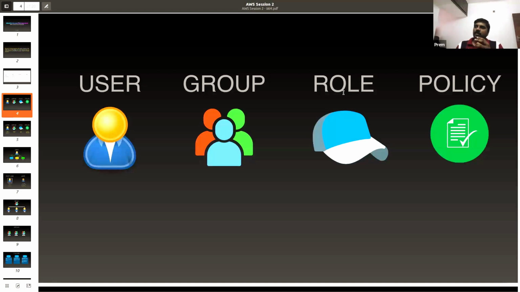It just says the role. Okay, it is not assigned to anybody. It is just a role. I can assign this role to a user or a group. So if I assign this role to a group, anybody who is added to that group will automatically get that role. Or I can directly assign that to a user as well. If I assign a role to the user, only that user will have that role. So this is useful when you are going to use one specific user to do multiple different things.